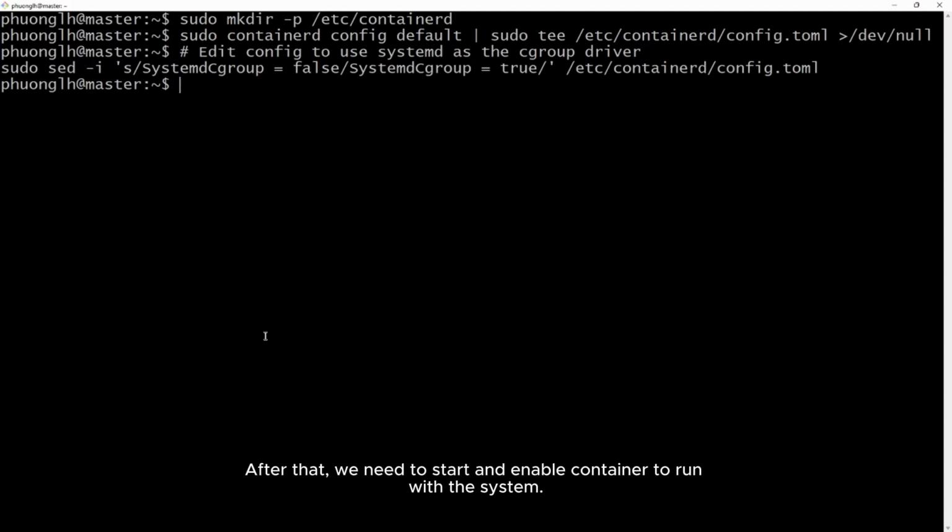After that, we need to start and enable containerd to run with the system.